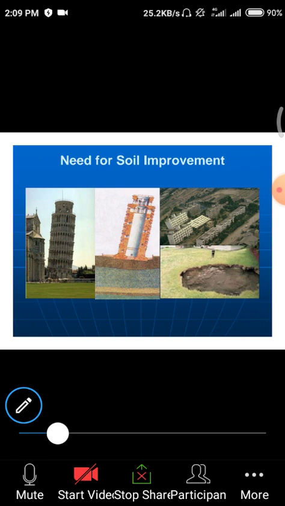And nearby we are having two other structures. In those two structures also some of the buildings have collapsed in an improper manner. That means because of poor soil properties.